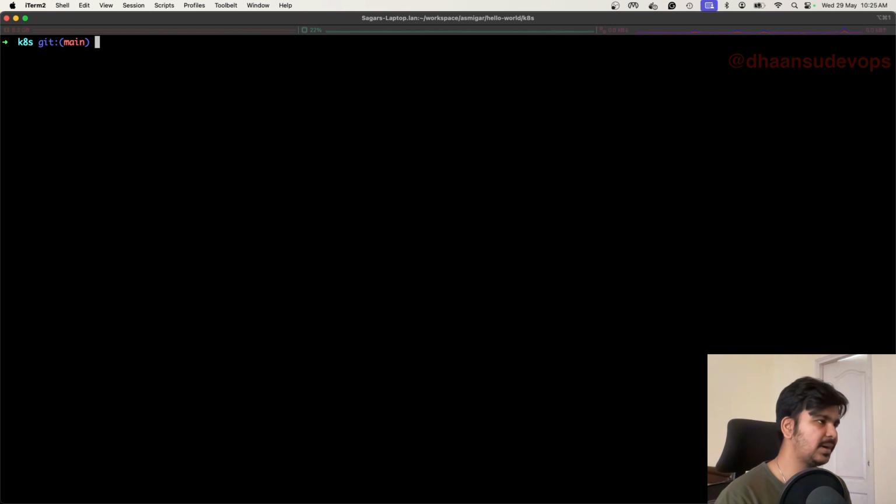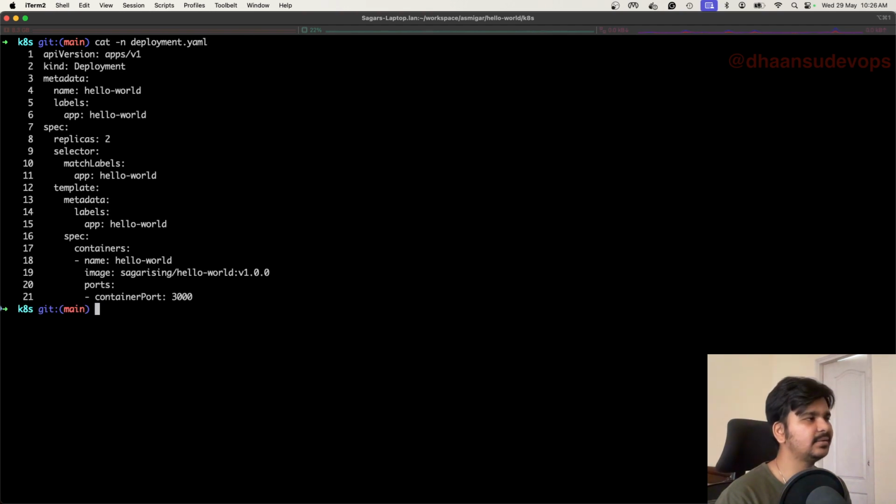The next part is what the other lines are: line numbers 10, 11, and line numbers 14, 15. What does this mean? Understand what the work of the deployment resource in Kubernetes is. The deployment resource basically makes sure that you have the desired number of pods with the desired pod template as well. If on line number 8 it has to maintain two pods for this particular pod definition, it also needs to know how to count those pods, how to select those pods.